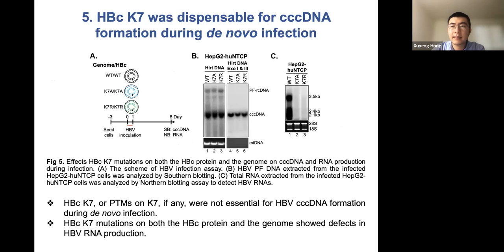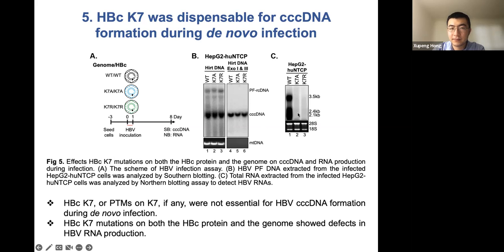As the K7A and K7R mutants remain able to support viral secretion, we investigated the effects of the K7 residue during de novo infection. We used inoculum made from the full-length replicon transfected cells to infect HepG2-NTCP cells. We found these mutants still can support cccDNA formation, but these mutant-infected cells showed severe defects on the